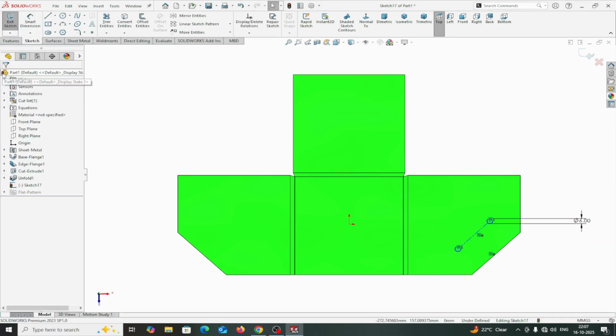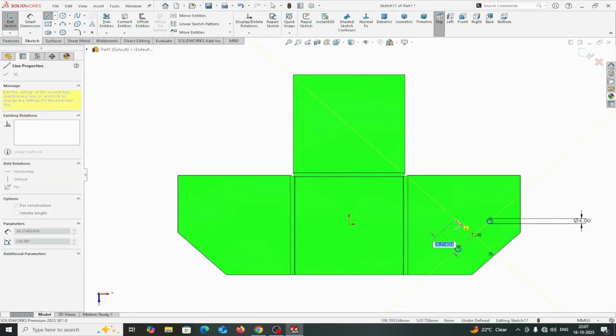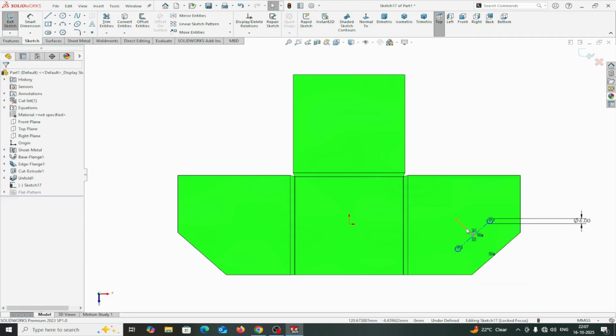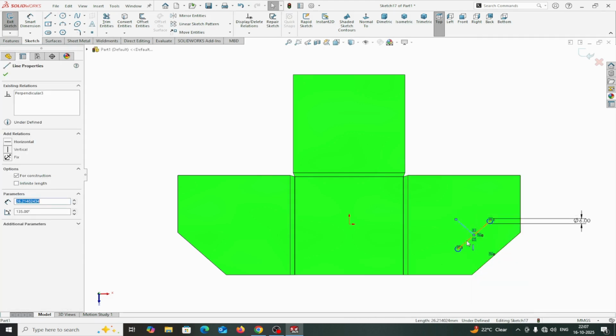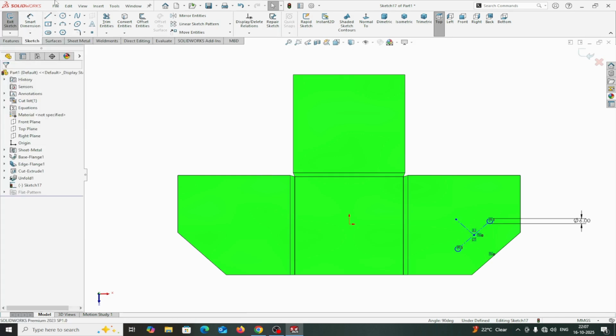now draw a line from midpoint. Yellow point is the midpoint. This one. Select this line, shift, and this line, and make relation perpendicular. Okay, this one. Now circle,